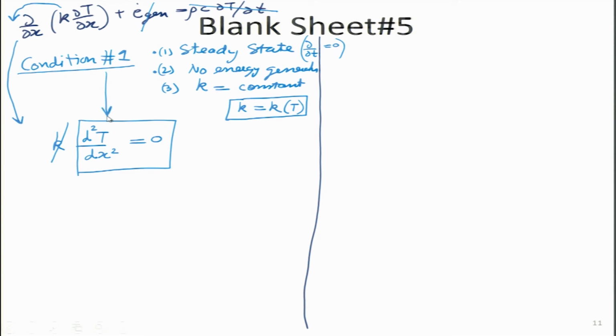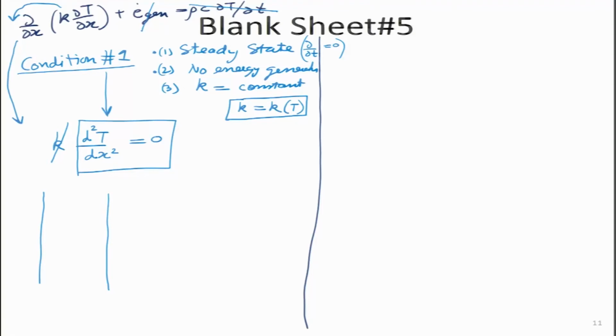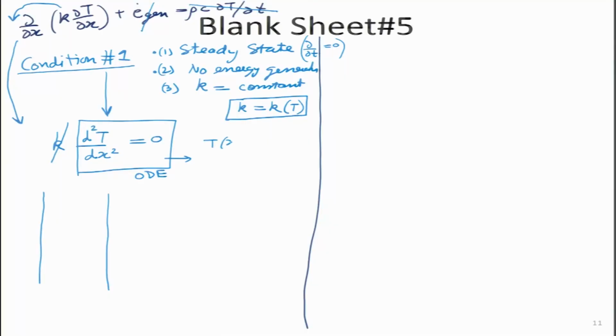What I want to do now is draw certain cases. You can remember for the last 2 lectures I have been drawing certain cases in the plane wall, because this graphical representation gives a very good idea of what we are talking about in terms of the complicated equation. So, it is very easy to visualize. So, d square T by dx square equals 0. From our ODE background, ordinary differential equation, we can simply say the solution would be a straight line, and T of x will be simply a function of x.